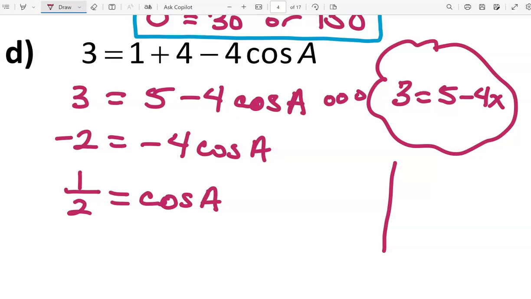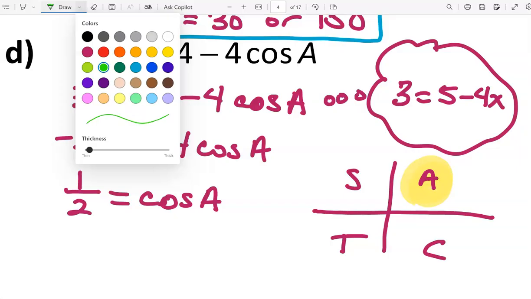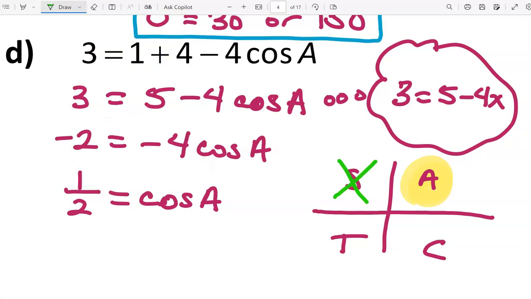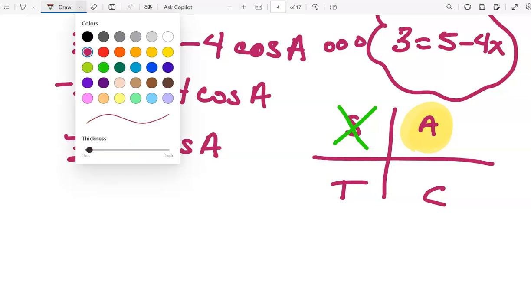Now remember, we're still only looking in quadrants 1 and 2. Cosine is a positive number, which means we should be looking in quadrant 1 because all functions are positive in quadrant 1. In quadrant 2, sine is positive, which means cosine is not. And so if cosine is not, let's not look in quadrant 2. So there's no ambiguity about a cosine equation when solving for triangles' angles. That is to say, if we're only looking for angles between 0 and 180 and cosine is positive, the only result should be an angle that's in between 0 and 90 degrees. So I will make a quadrant 1 sketch,